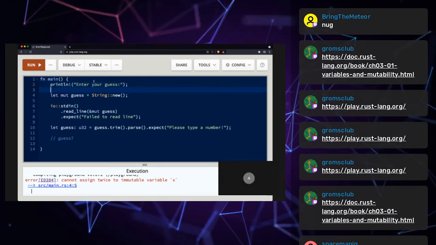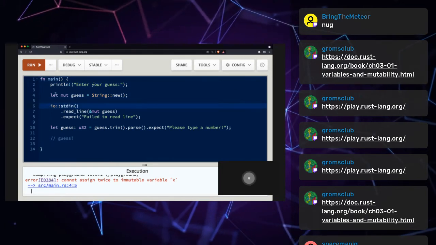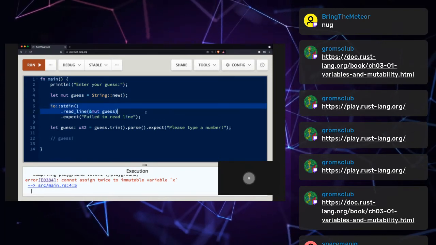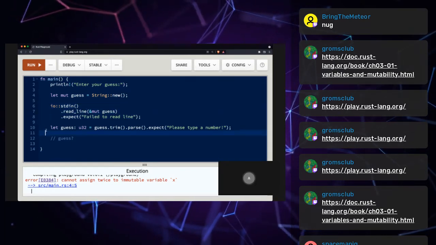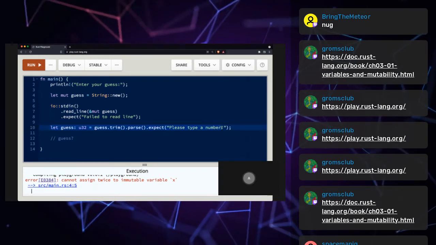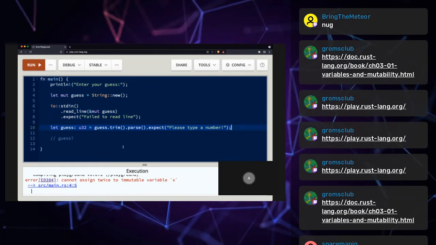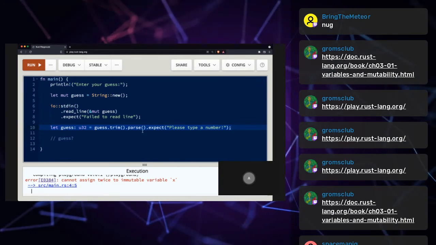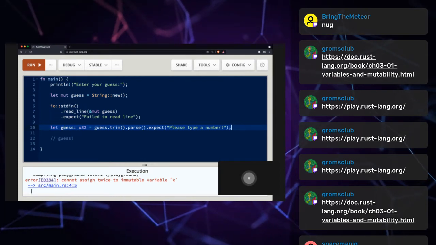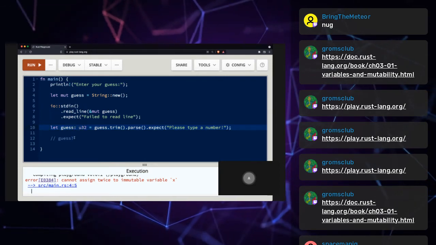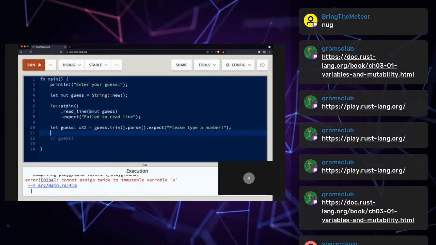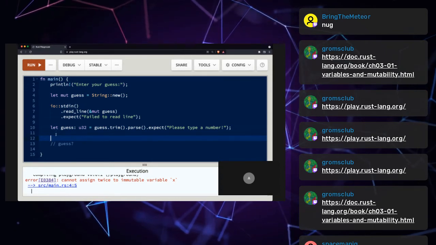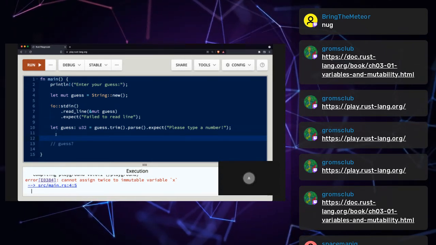Okay, so the user is going to be prompted for a guess, and then we're going to save that guess here as a string, and then we're going to try to turn that string into a number. And if it's not a number, in this case, it's just going to close the program. But if it is a number, guess will become a number. So guess is like whatever number they enter, right? Well, with the const,